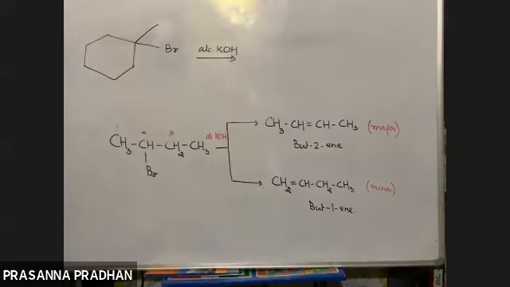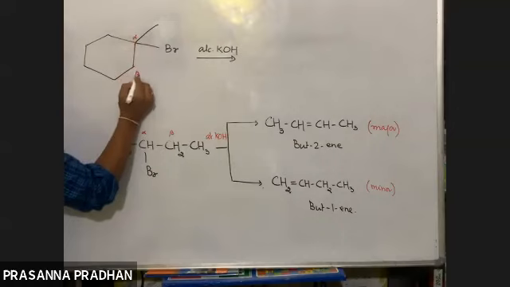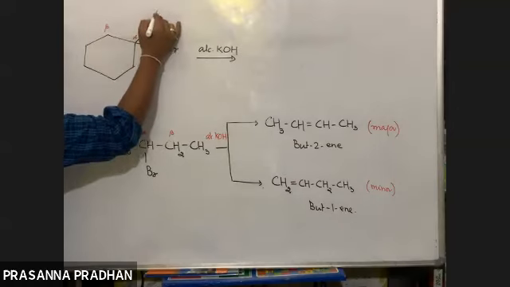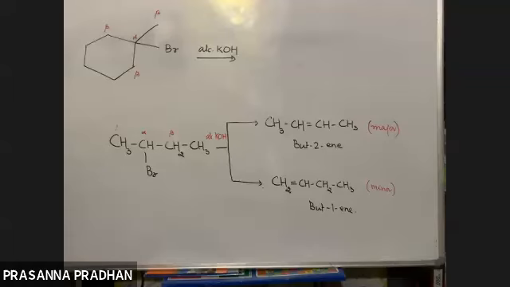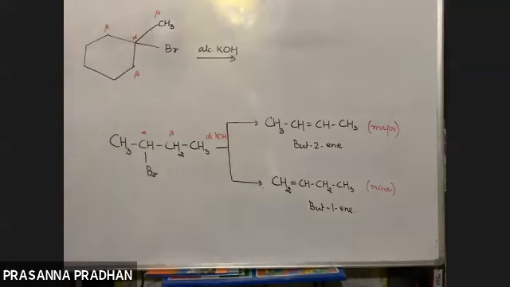Predict the major product. Again, this is an alkyl halide. I have alcoholic KOH. As soon as I see these, I know we are talking about elimination reaction. So this is the alpha carbon. This is the beta carbon, and this is the beta carbon. How many beta carbon are there? There are 3. So this is CH3. This means CH3. How many hydrogens are there out here? Valency 1, 2. There are 2 hydrogen. That means this beta carbon and this beta carbon are identical because both contain 2 hydrogen atoms.